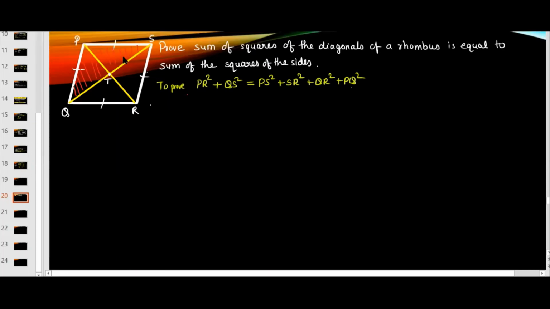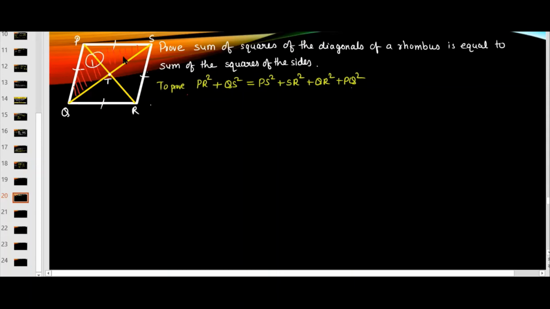To prove this, we have to use the Apollonius theorem for this triangle. So let us divide this rhombus into two different triangles. I am taking the first triangle as triangle PQS. I am shading that triangle with red color, if you can see here. Okay, so I am going to use that triangle first. Let me name this triangle as 1. I am going to use this triangle.